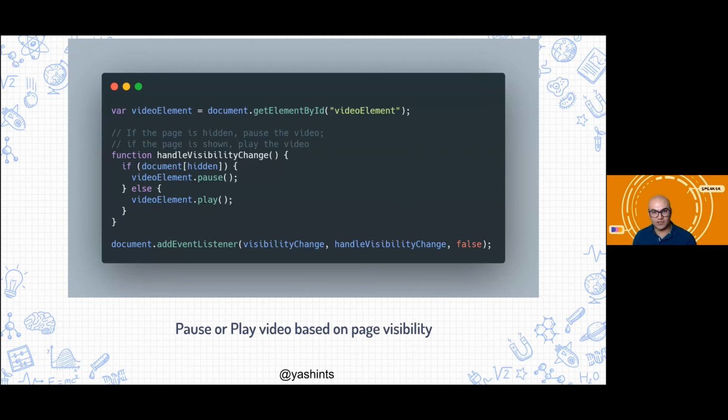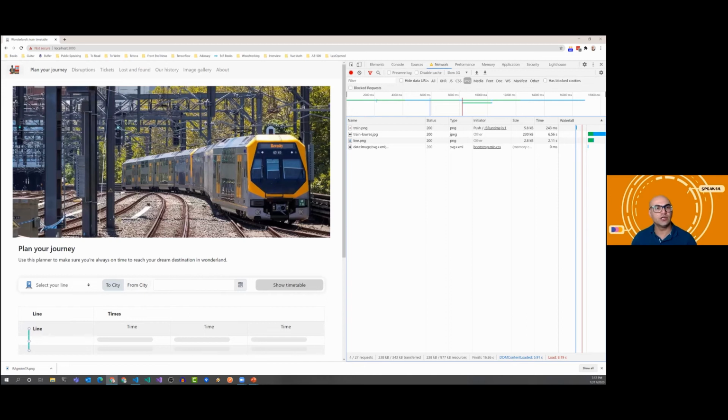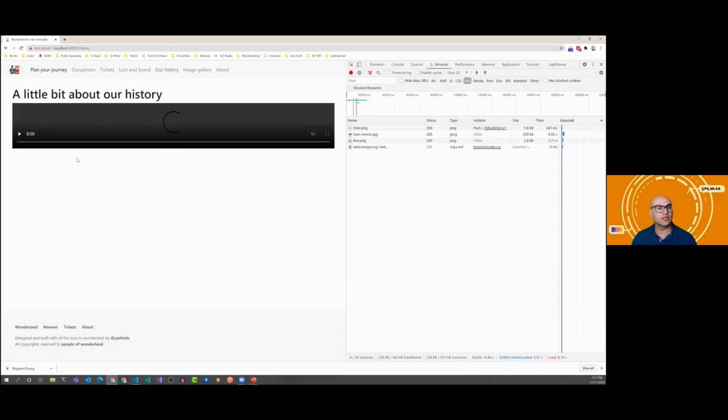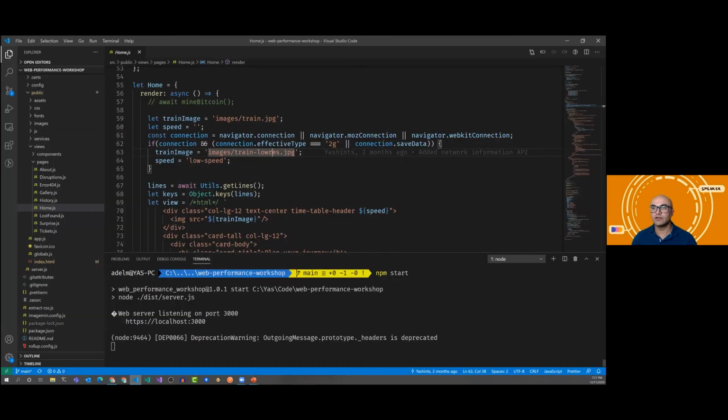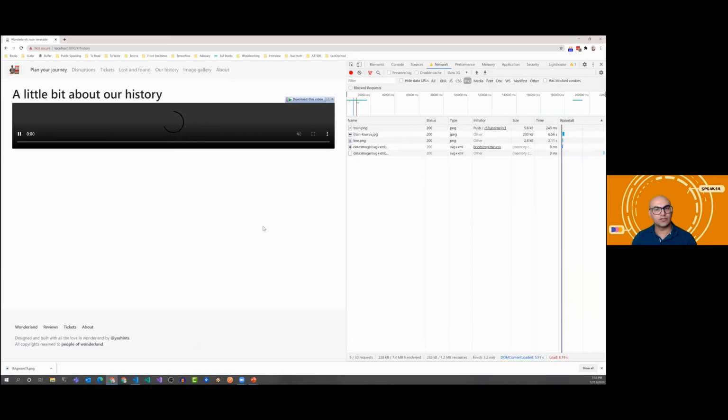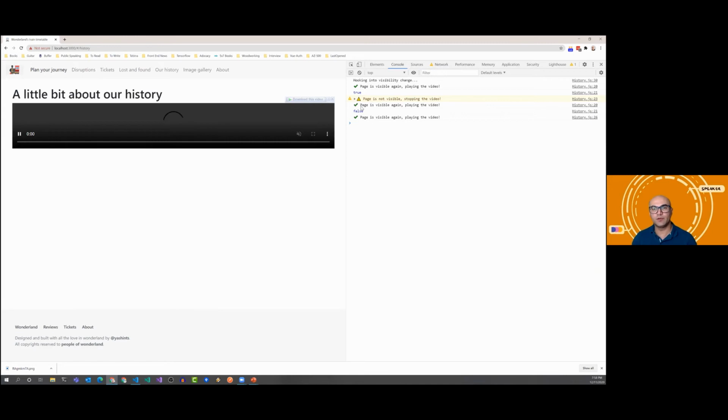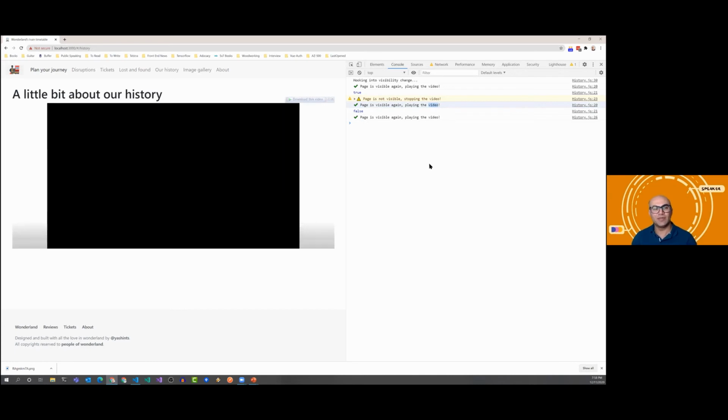Now, if I go back to my application here, let me see if my application hasn't died yet. No, hopefully it hasn't. If I come into my console, you can see that the page visible message is here. This means that this particular page is now visible. And if I now open a new tab here,